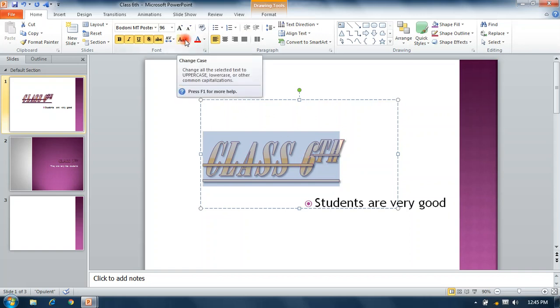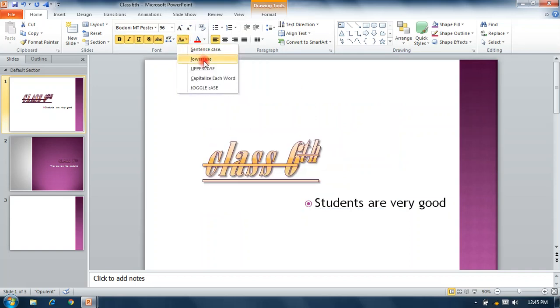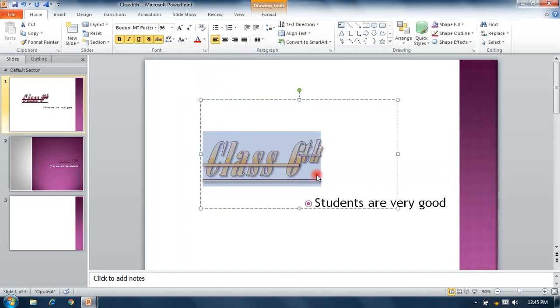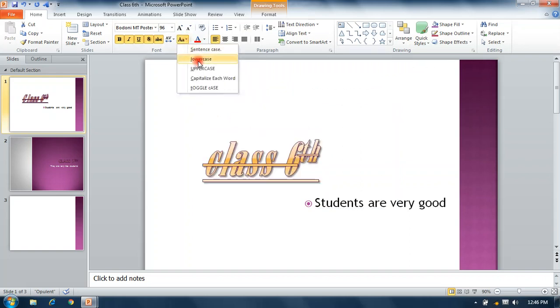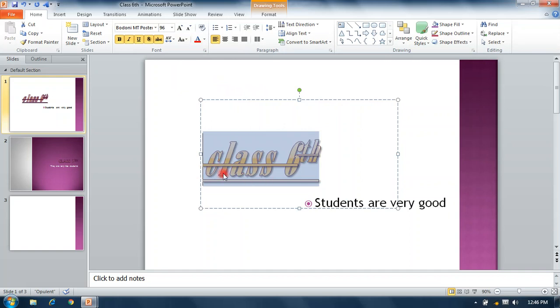This option is Change Case. It is used for sentence case, lowercase, uppercase, capitalize each word and toggle case. Sentence case: as usual, sentences remain in their position. Lowercase: each character is converted into lowercase.